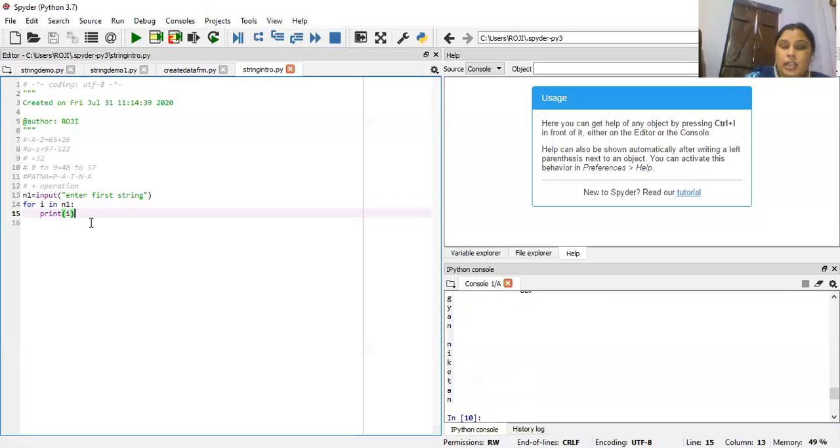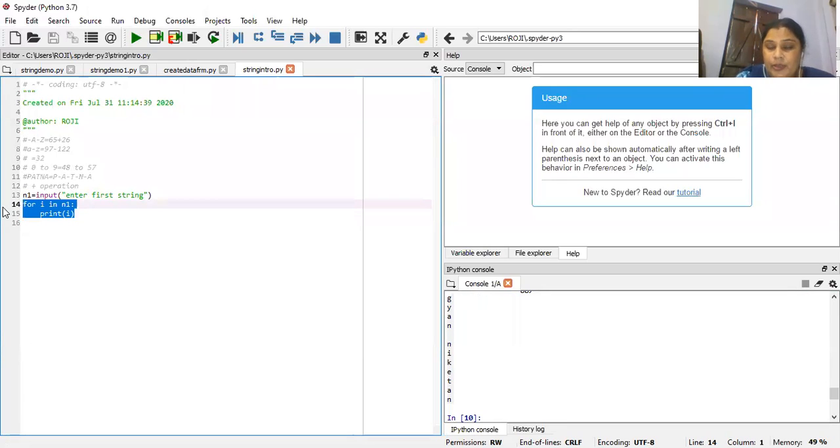Now we can also write this type of program using the range function. For using the range function, first of all we have to determine the number of characters in the string. Suppose n1 is a string, and the length of the string is determined using the len function, passing the string to it.